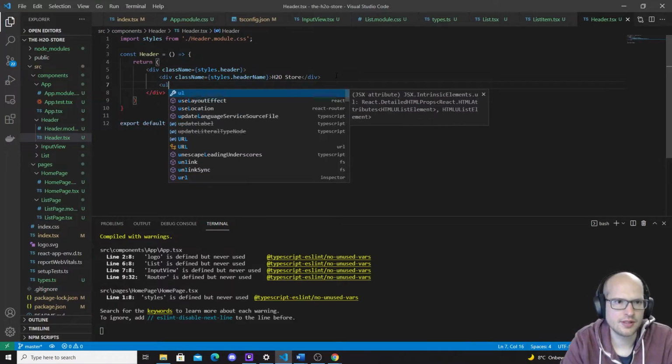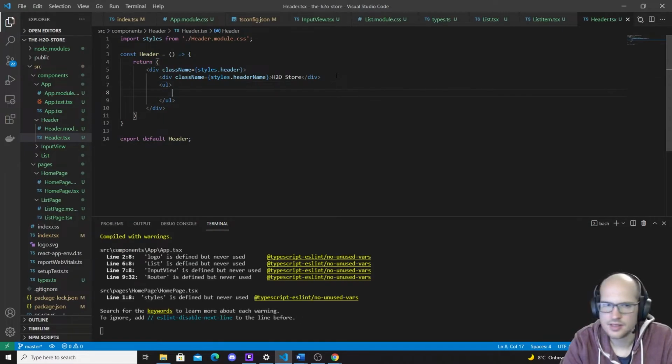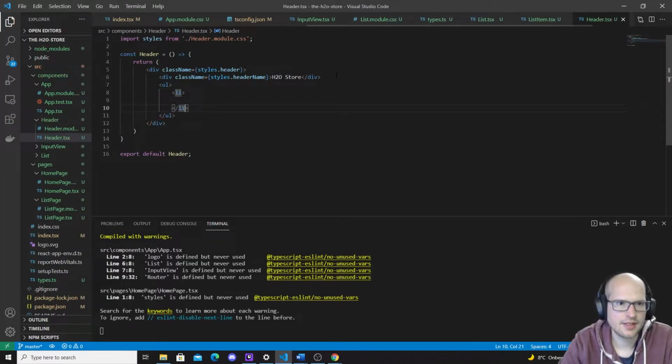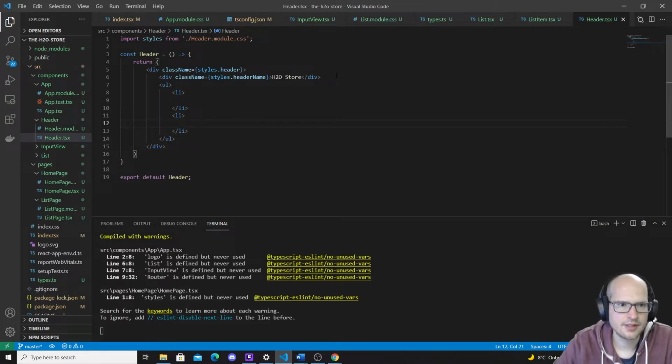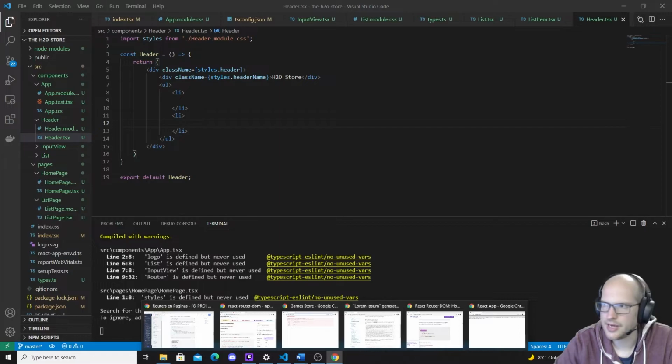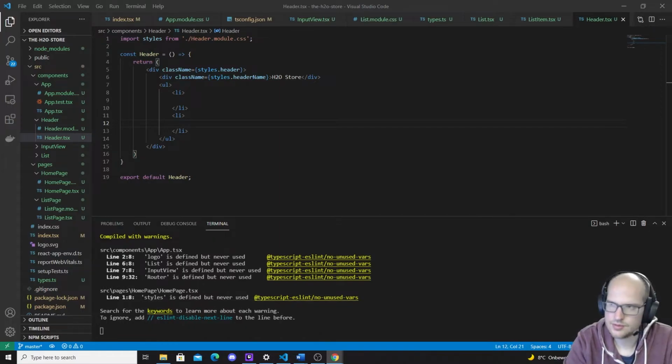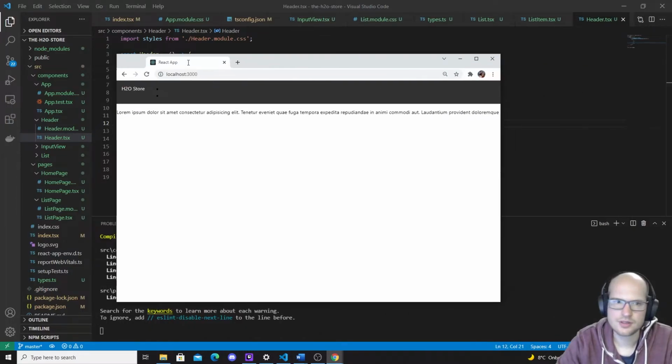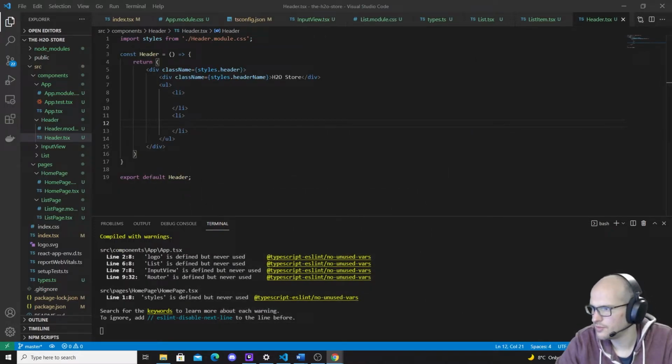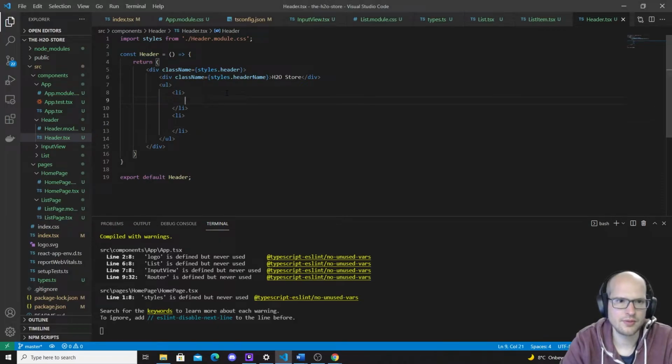We'll just put it in an unordered list, and we will create some list items in here. And let's see what it looks like right now, because I'm losing the focus here. So currently it just looks like this. You have the H2O title here, and you have the two list items, which we will, of course, not make look like this, but for now we will just use